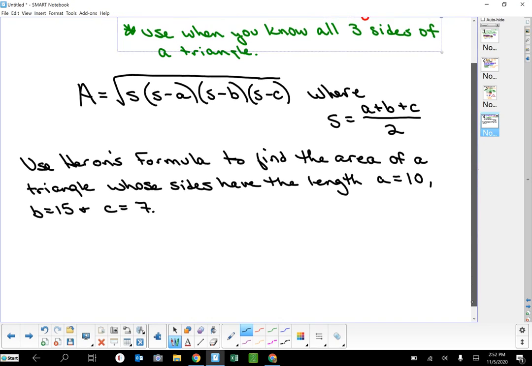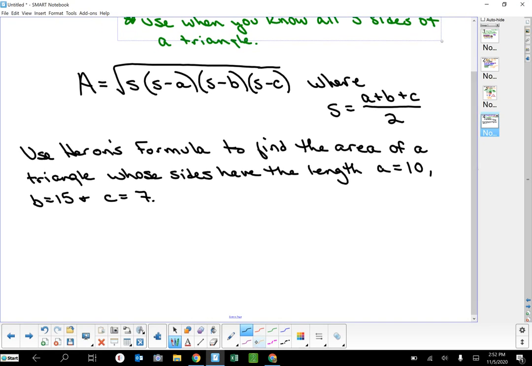So the first thing you're going to want to do here is to find S. And that is A plus B plus C over 2, which in this case,